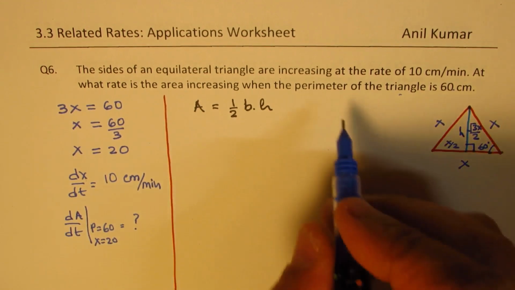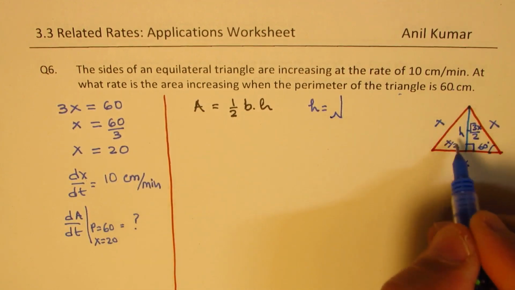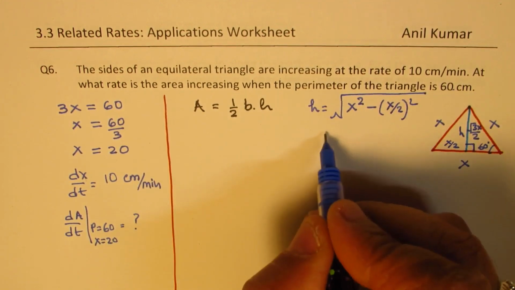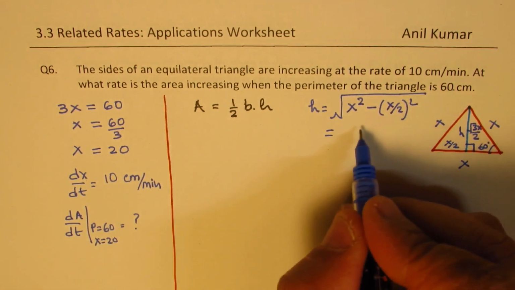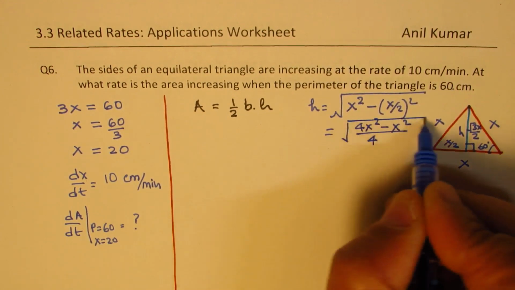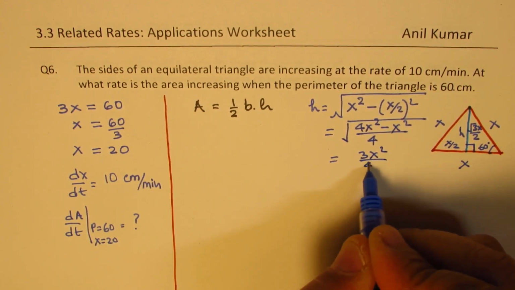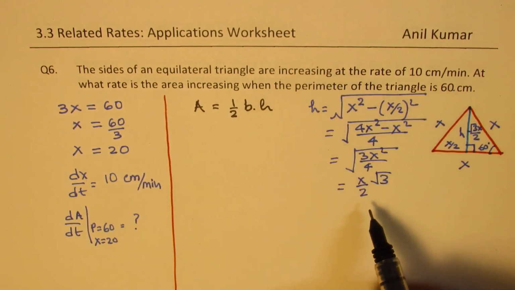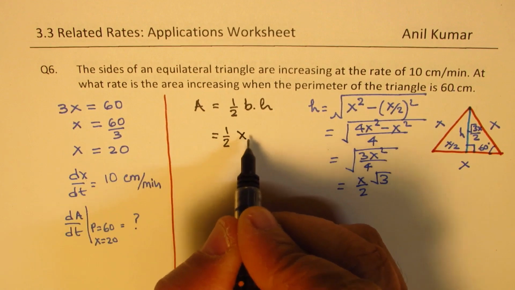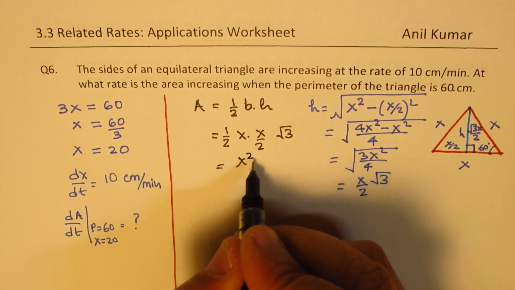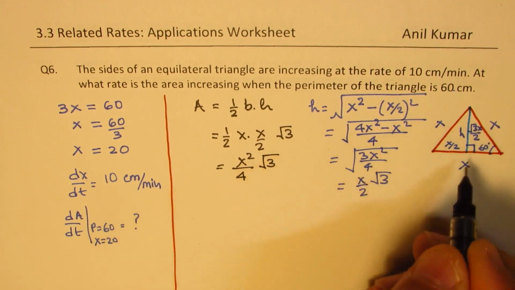So the height, we know height is equal to the square root of x squared minus, you can do it like this, and what you will get here by solving this is 4x squared minus x squared over 4 when you square it, which is 3x squared over 4 under the square root, and that gives you x by 2 square root 3. Perfect. So normally you should just know it, right? Now this is half of base x and the height is x by 2 square root 3. So area of an equilateral triangle is always x squared by 4 square root 3